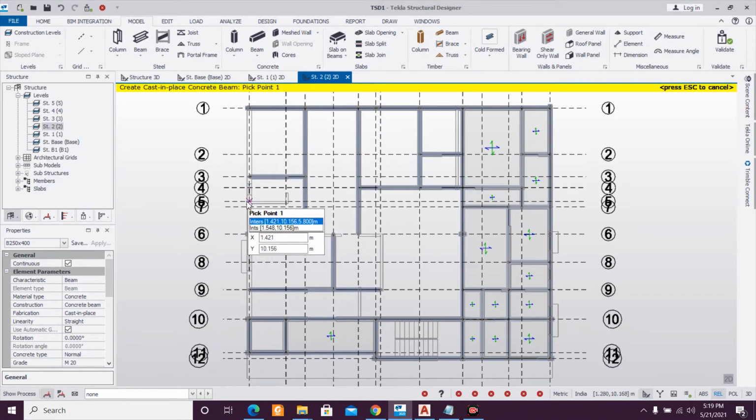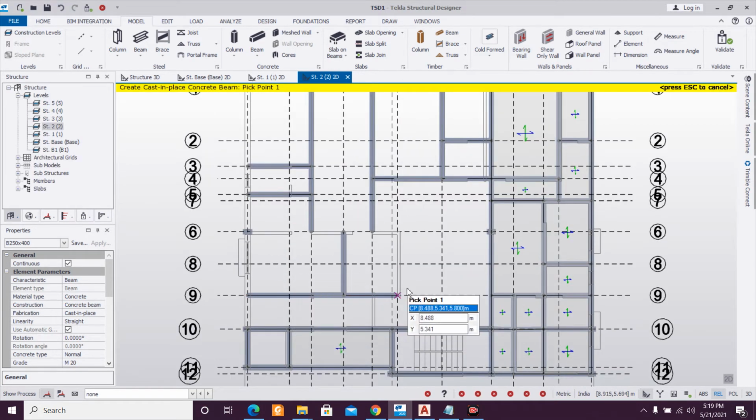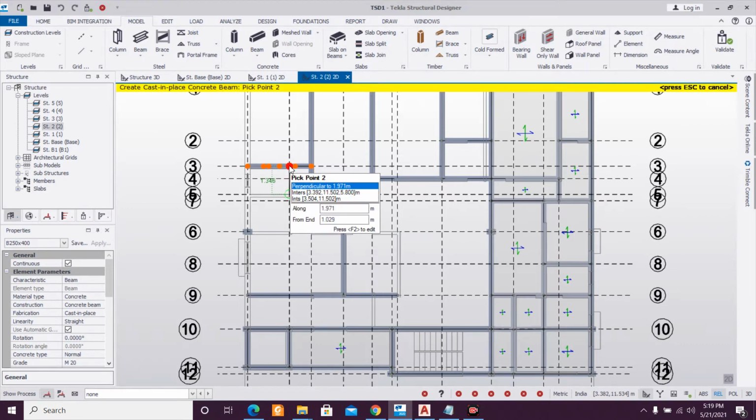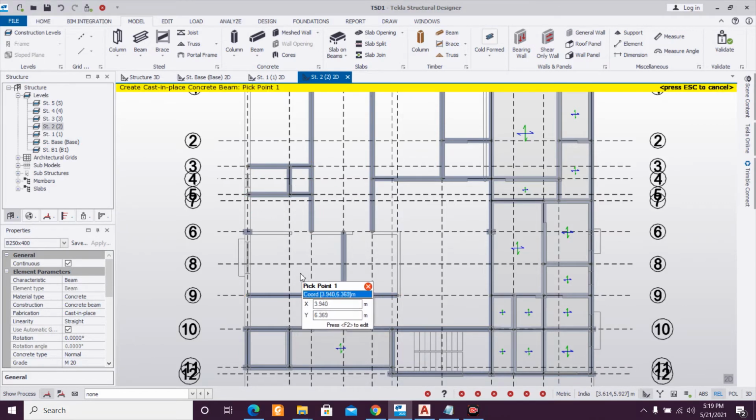Have a beam here, have another beam here, have a beam here, have a beam here, and we'll have one beam.